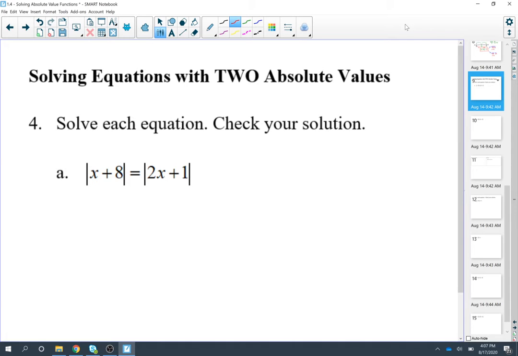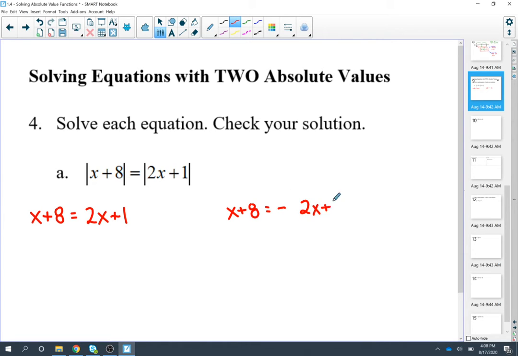Now, if we can, with one absolute value, we usually put it on the left, and then we set it equal to the positive version and then the negative version. This isn't so different. We're going to do the same thing. So I'm still going to have x plus 8, and I'm going to drop the absolute value, and I'm going to set it equal to the positive version of the right-hand side. Great. Then we're going to have x plus 8, and I'm going to set it equal to the negative version